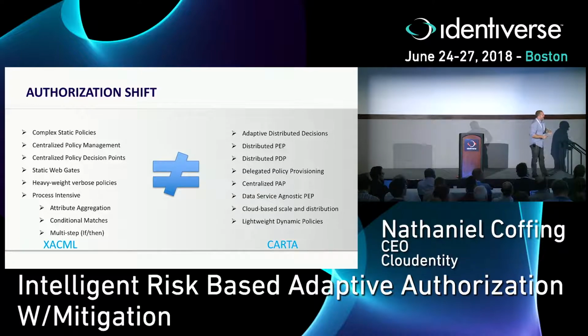On the new side, we actually have adaptive distributed decisions. What that means is I have these flexible decisions that have to be much, much simpler. If you think about where firewalls were in 1999, it's where I think about identity being today, right? So we went from having like 15 firewall rules, very static, very regimented. I can get to this section of a subnet, I can get to FTP on this subnet, and then all of a sudden, by 2003, 2004, I had 5 different products and 15 million firewall rules. It became completely untenable, completely unmanageable.